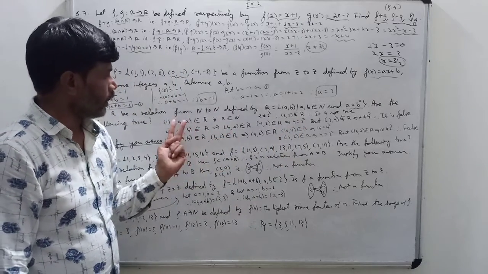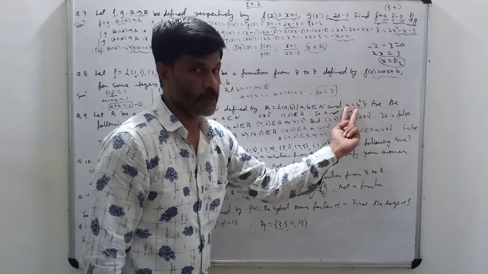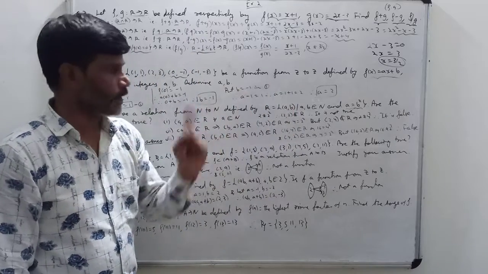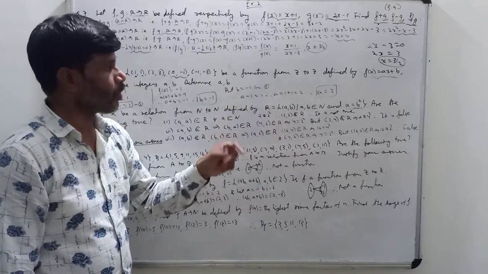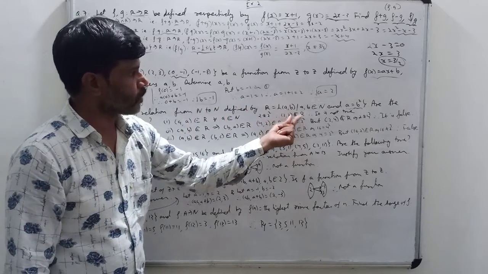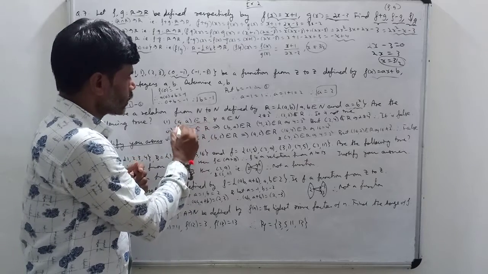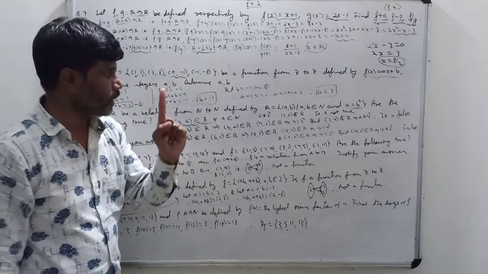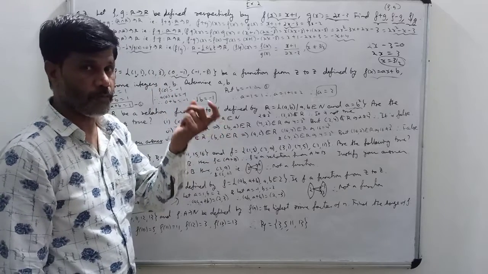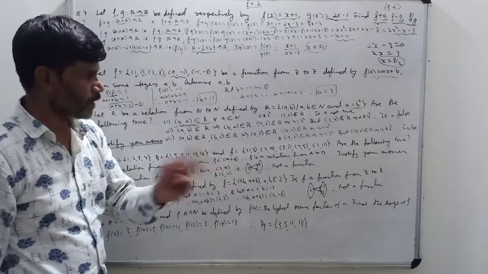Again I am repeating, here (a, a) should belong to R, but under the condition a is equal to b square for all natural numbers. I know that 2 is not equal to 2 square. It means (2, 2) does not belong to R. So therefore I can say this statement is not true. This is true only for one natural number, that is 1. 1 is equal to 1 square is possible. So therefore (1, 1) belongs to R is true. But for other natural numbers it is not true.